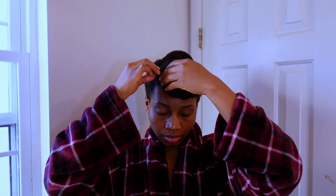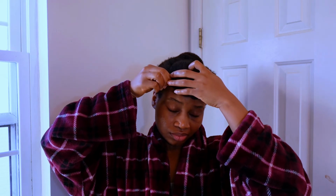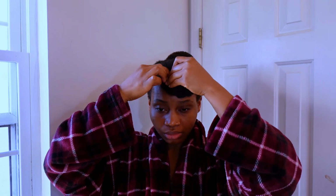You won't even notice that the bobby pin is there, so long as you use a bobby pin that's of the same color as your hair. It hides very well in the puffy section of the hair. So just make sure that the bobby pin is not too tight on your scalp. In fact, make sure that it's not tight on your scalp, because if it's tight on your scalp,